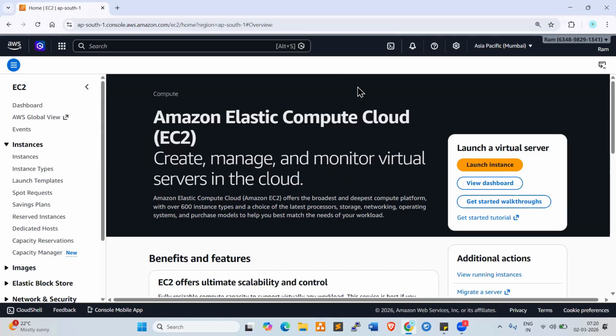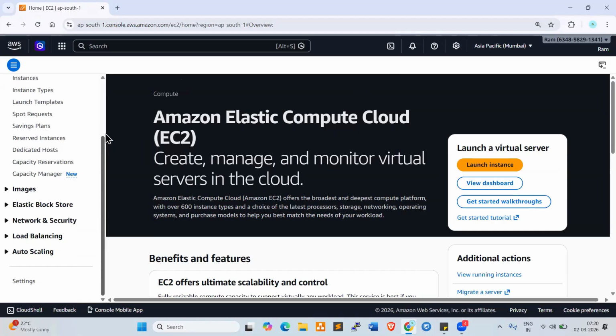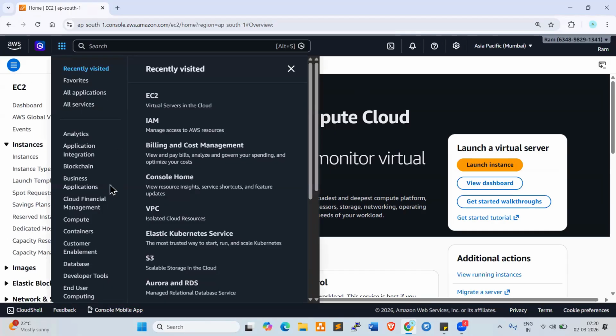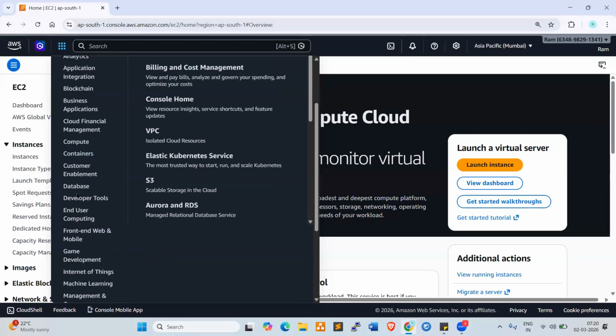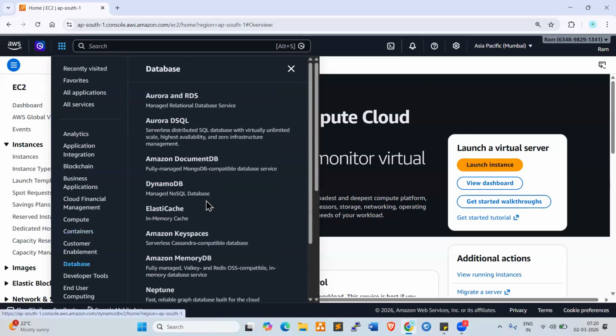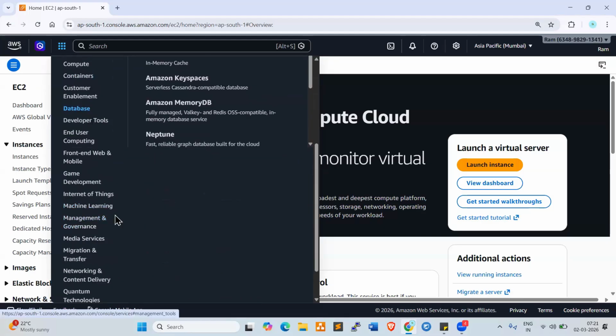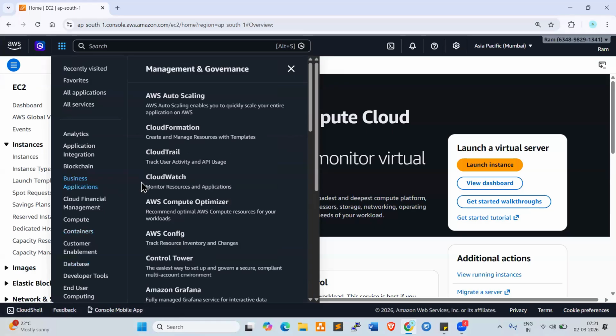Fine. Now in our console, there is a VPC, Andy. Today, let's try to understand. In the last session we discussed these services. Here are compute services, container services, and databases also available here. So many databases. I gave an overview, Andy. Practically, we can work on all the services. Here, management and governance. Here we have auto scaling. Auto scaling is a service which automatically